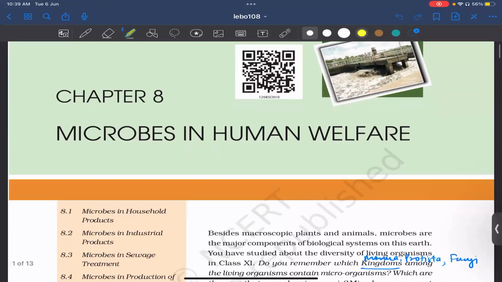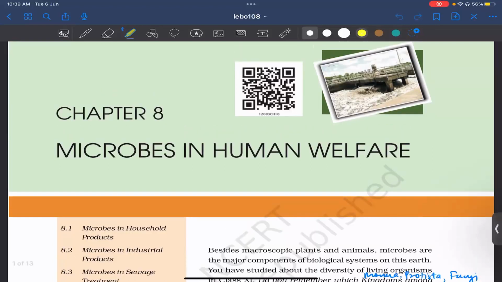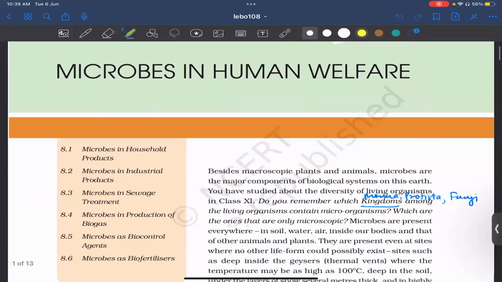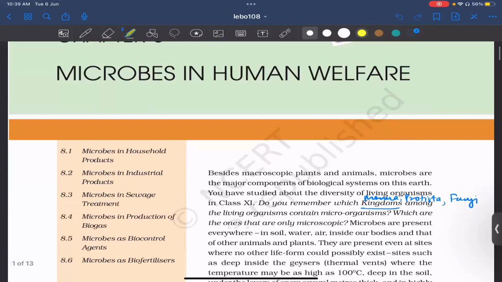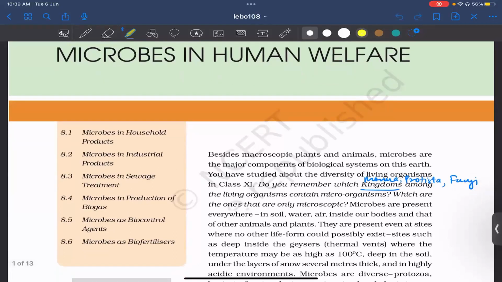So today we'll be discussing the chapter Microbes in Human Welfare, a chapter of class 12 biology. We'll have an overview of the NCERT followed by the solving of back exercises. This is where we can see the good uses of microbes for us, and this will give you a brief introduction about